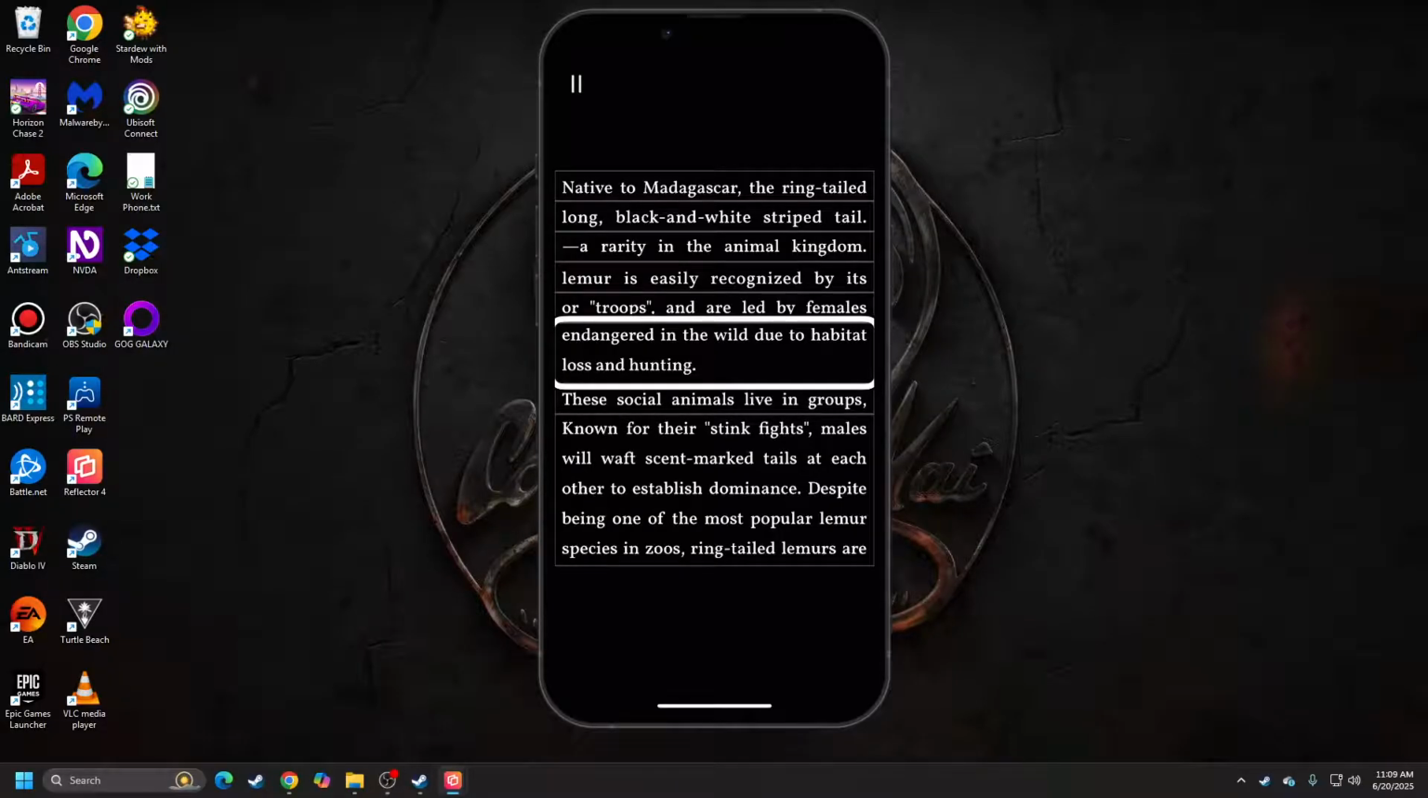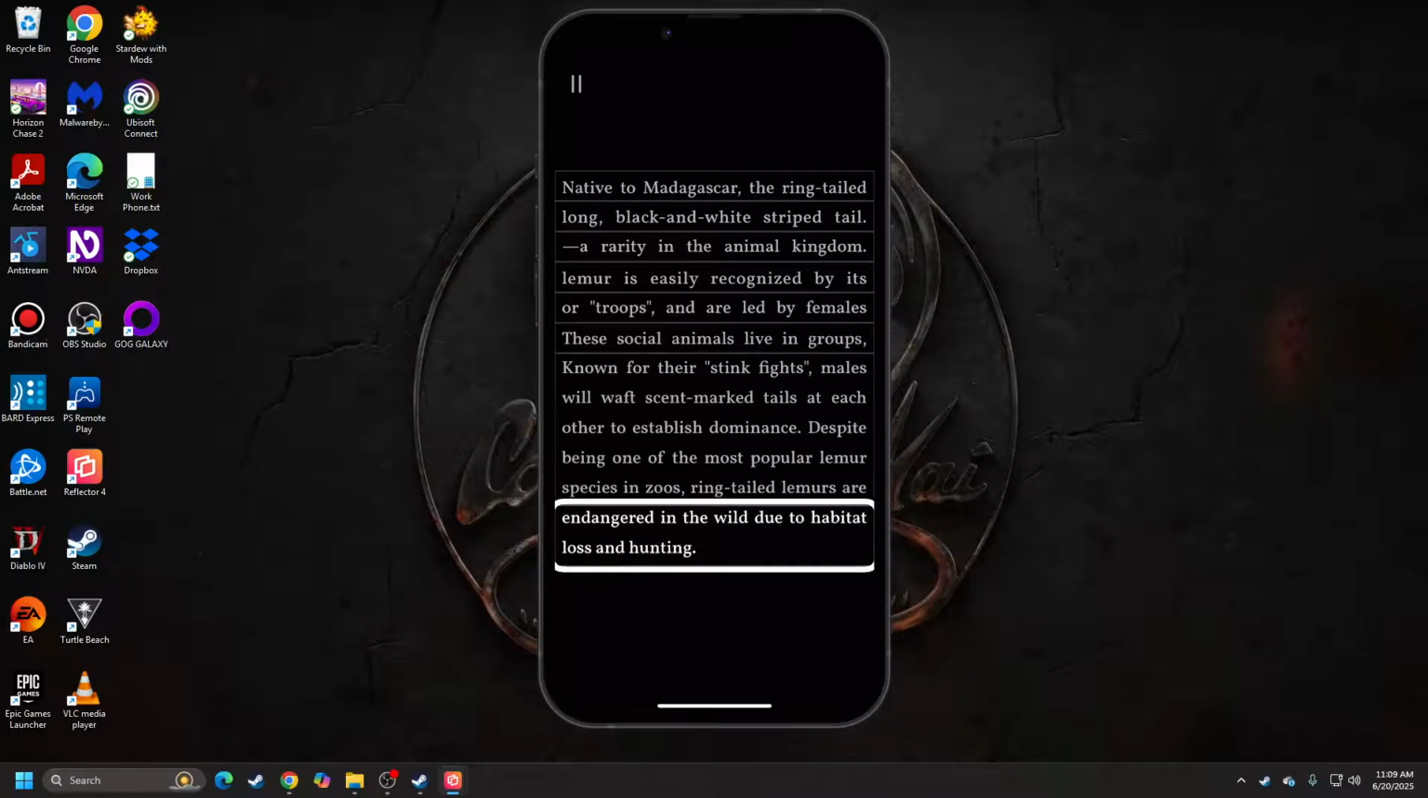I bet you it's that one. Put the tile, insert after J. J. For their stink fights, males will waft scent mark tails at each other to establish dominance. Despite being one of the most popular lemur species in zoos, ring-tailed lemurs are endangered in the wild due to habitat loss and hunting. Okay, so we're kind of working a little out of order this time. So you see, you don't have to start from the top. If you find a phrase or two that seems to fit together, you can work from that and then just go, oh okay, now the train of thought is sort of taking on what it's